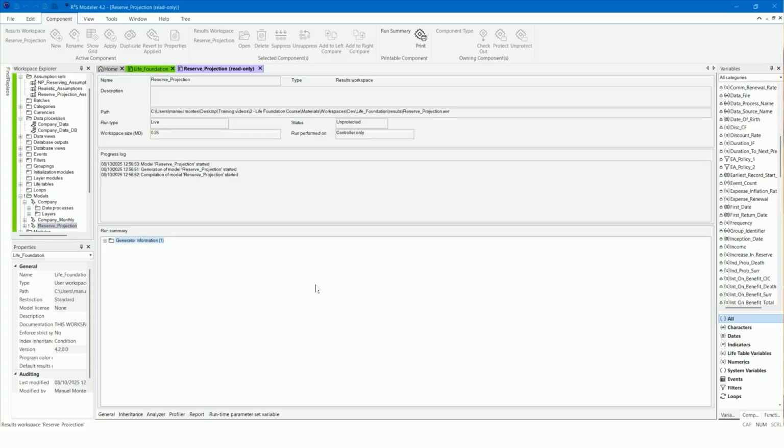Confirm the model runs without any errors. We will now move on to the last stage of the exercise.